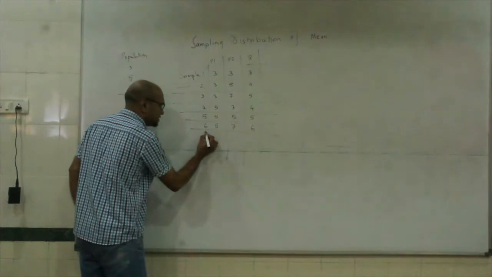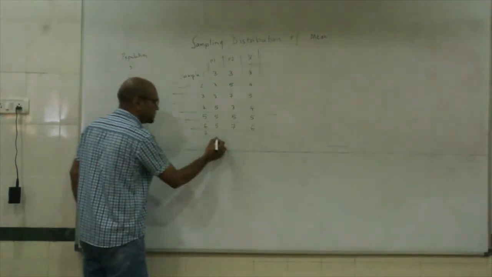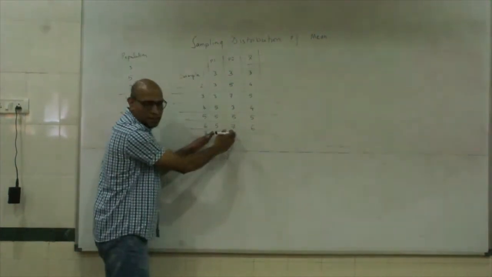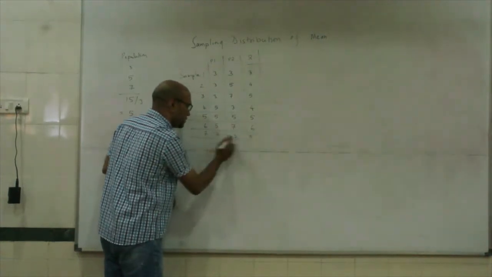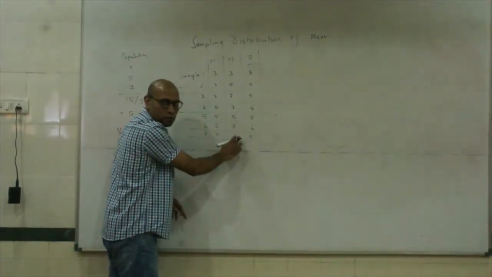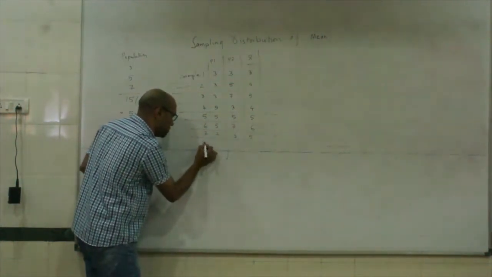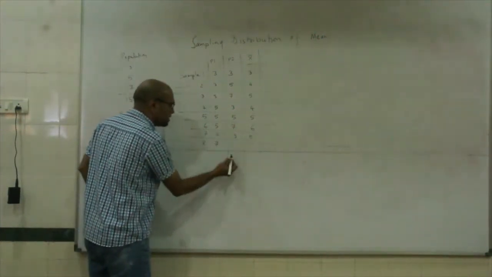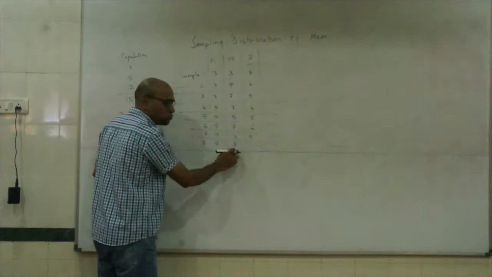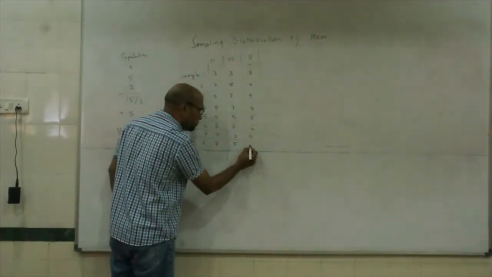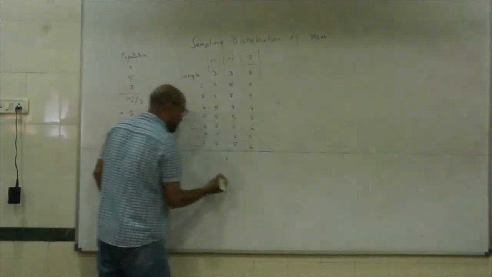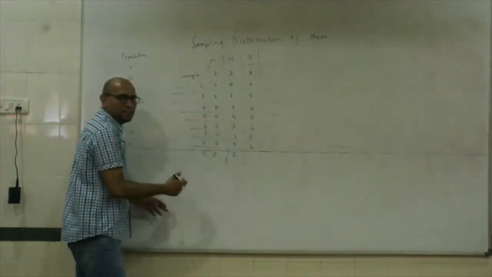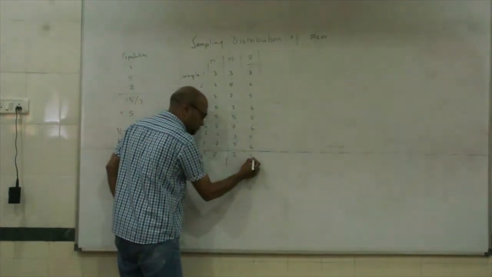Okay, I take a seventh sample from this population. First participant gets a value of 7, second participant gets a value of 3. This particular sample has a mean of 5. 7 plus 3, 10 upon 2, 5. The eighth sample that I am taking has first participant having a value 7, second participant having a value 5. It's totaling to 12, has a mean of 6. Right? My ninth sample has first participant a value 7, second participant a value 7. 7 plus 7 upon 2 is 7. Right?